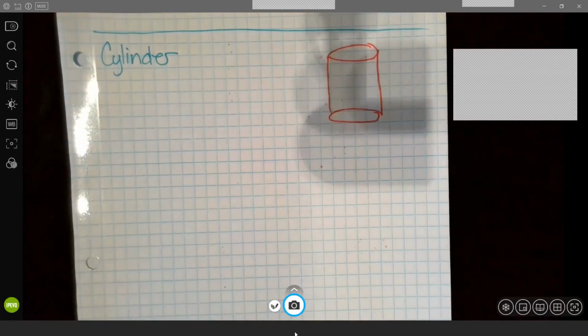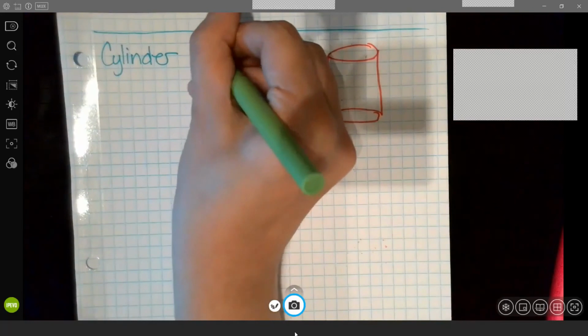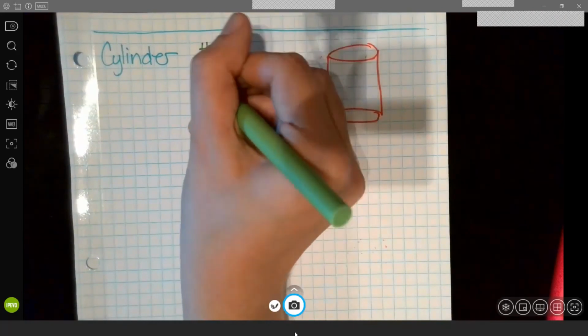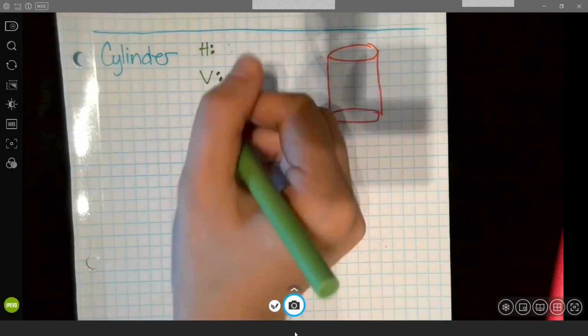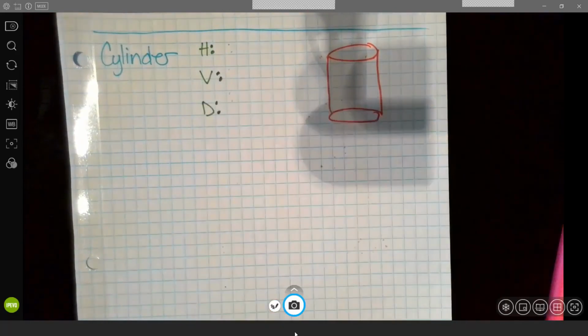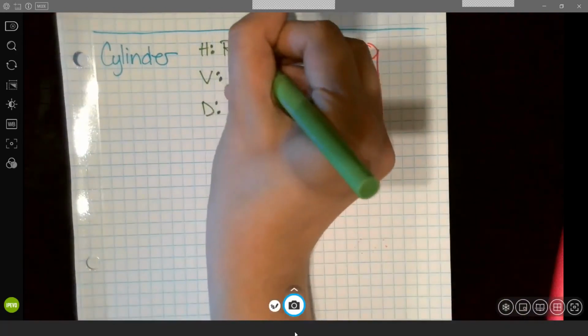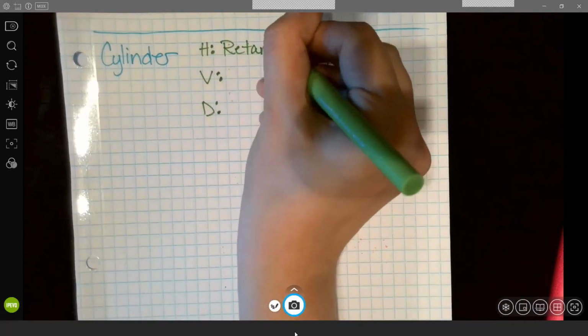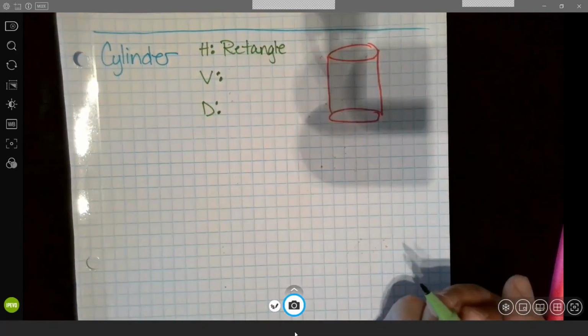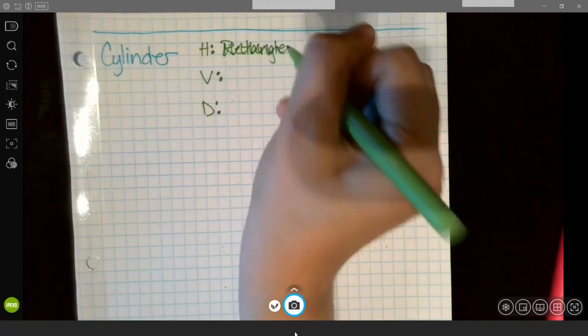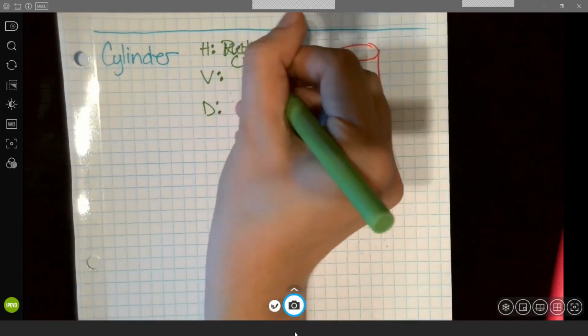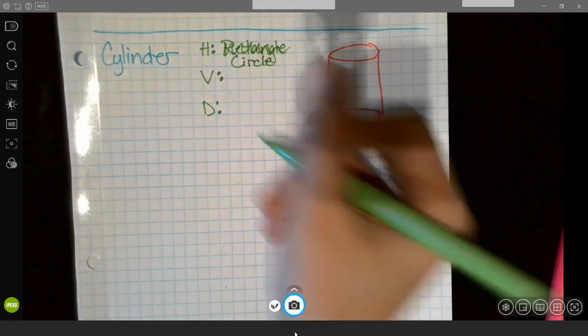In a cylinder, we can still cut it apart. We have horizontal cut, vertical cut, and diagonal cut. And for the horizontal, you would have a rectangle, your vertical. I apologize, your horizontal would be a circle because it matches the base. Horizontal is circle, vertical is a rectangle,